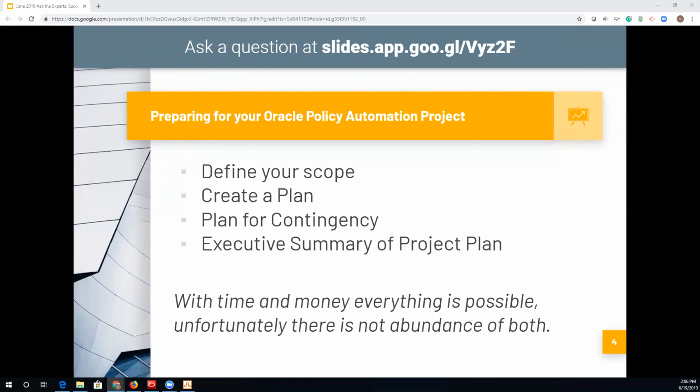And last but not least is an executive summary of your overall project plan. For a lot of organizations that are participating on the call today, you haven't implemented OPA to date. And what we encourage is, you want to stay engaged with your executive team. One thing that OPA does is it has a lot of influence on customers and your business units from the stance of it is a frontline tool,